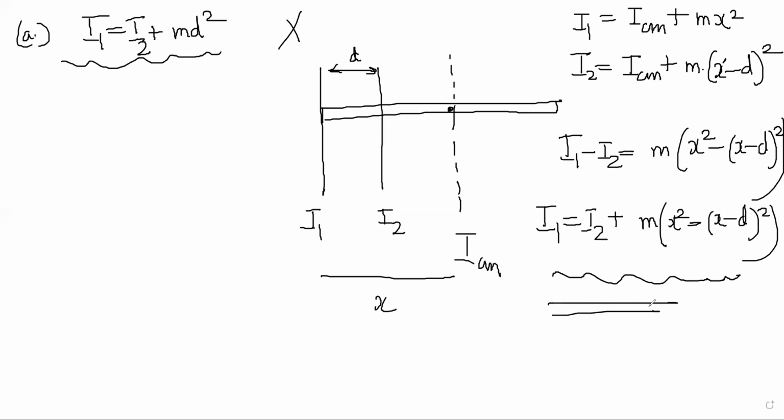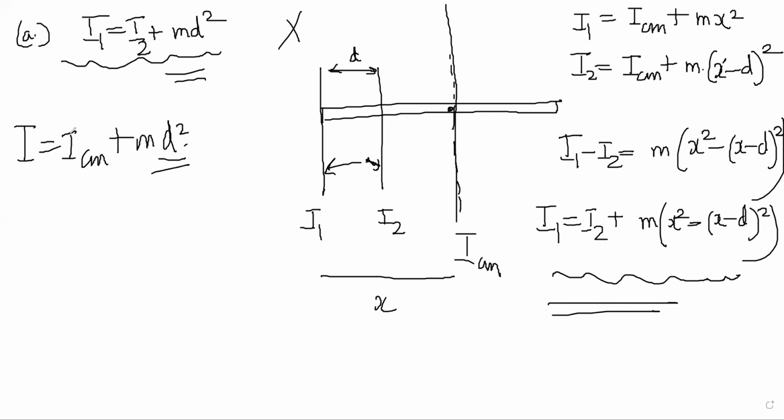So the real relation between I1 and I2, even though they are parallel, is not like this, because the relation comes when we talk about the center of mass frame. So for the parallel axis theorem, you should remember I is equal to ICM plus MD square, and D is the distance from the center of mass axis, right? So don't make this error. This error is very common.